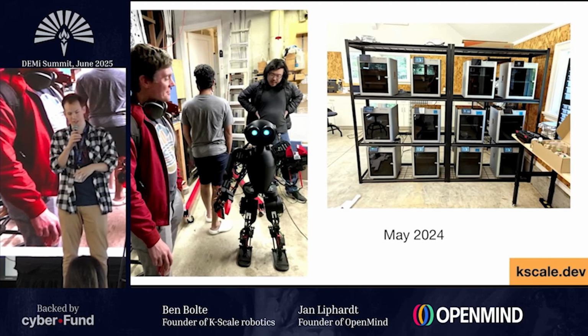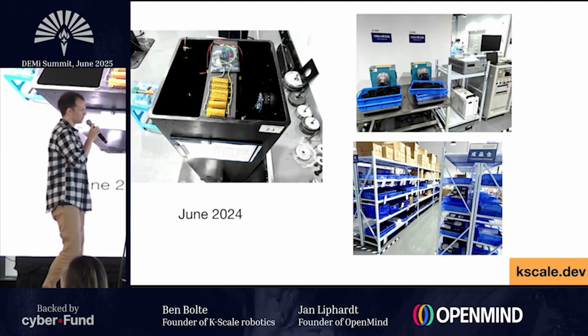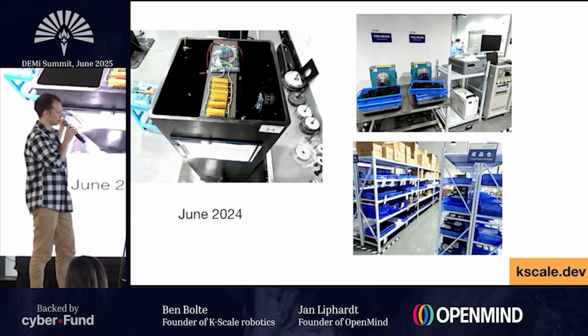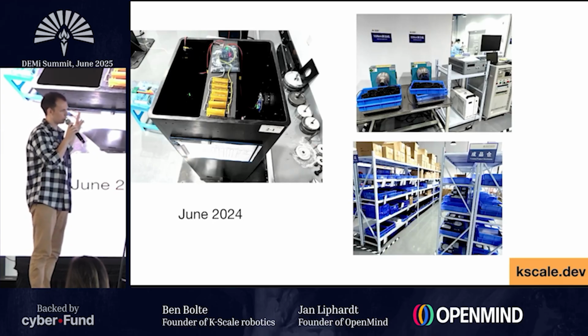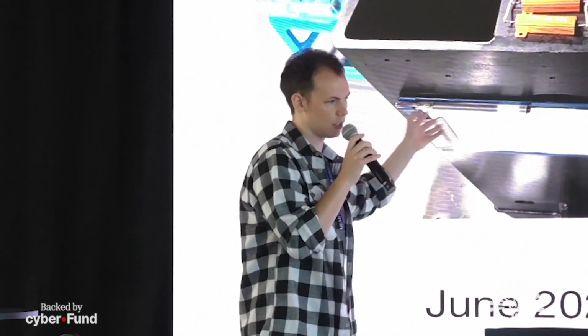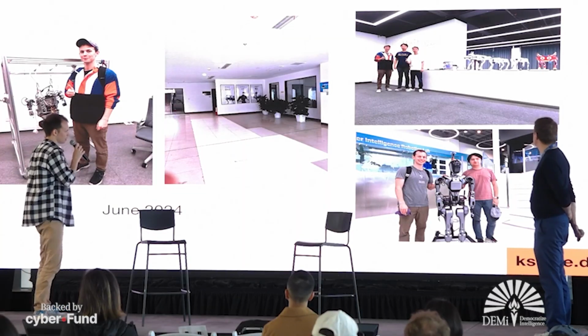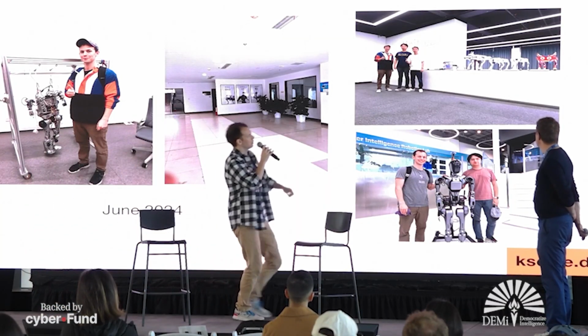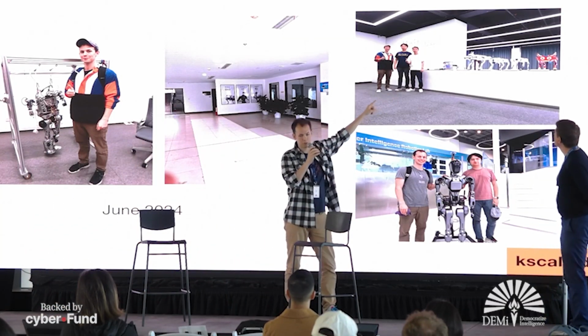I can go forward. I went to China for a few weeks last year and just met a lot of the people in the Chinese humanoid robot hardware ecosystem. It's a very big ecosystem, actually. I don't know how many people really follow this stuff, but there's just a huge number of developments in China right now in the robotic space. Yeah, so I met with the CEO of Unitree. This is Wang Xingxing. He's a super cool guy.